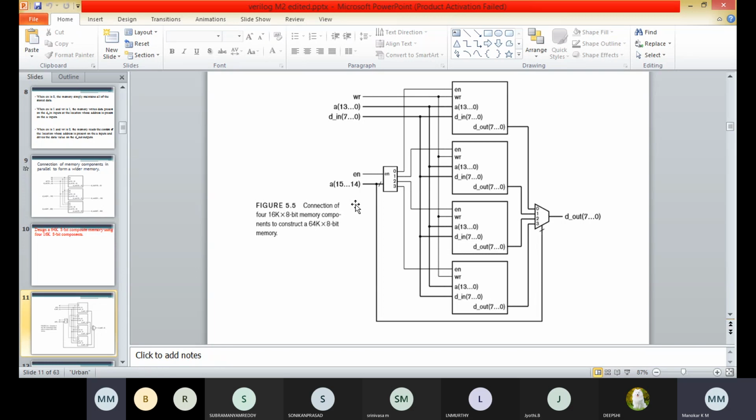Tri-state drivers are used for simplifying the connection of memory components for larger memories, and for buses that allow multiple data sources to provide data in the system. A tri-state driver has three output states: logic low, logic high, and high impedance, that is Z. Z is commonly used as the symbol for impedance in a circuit.